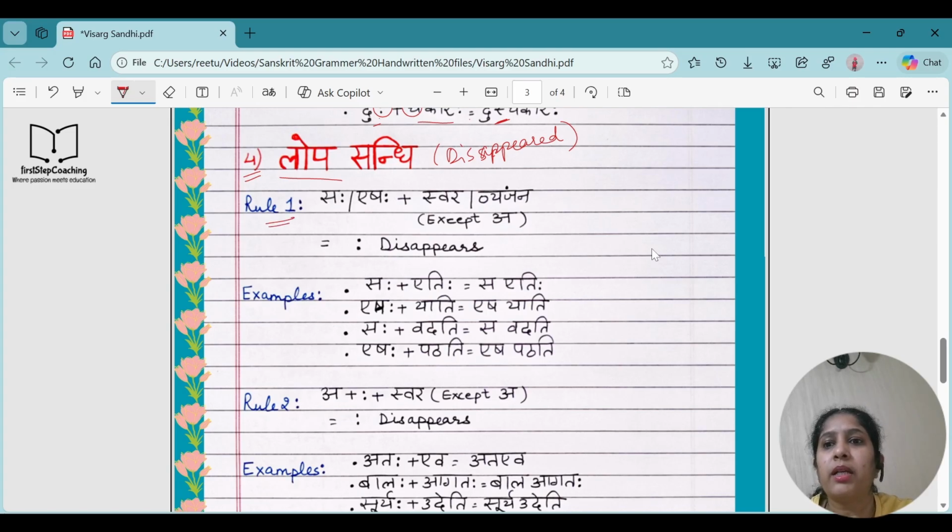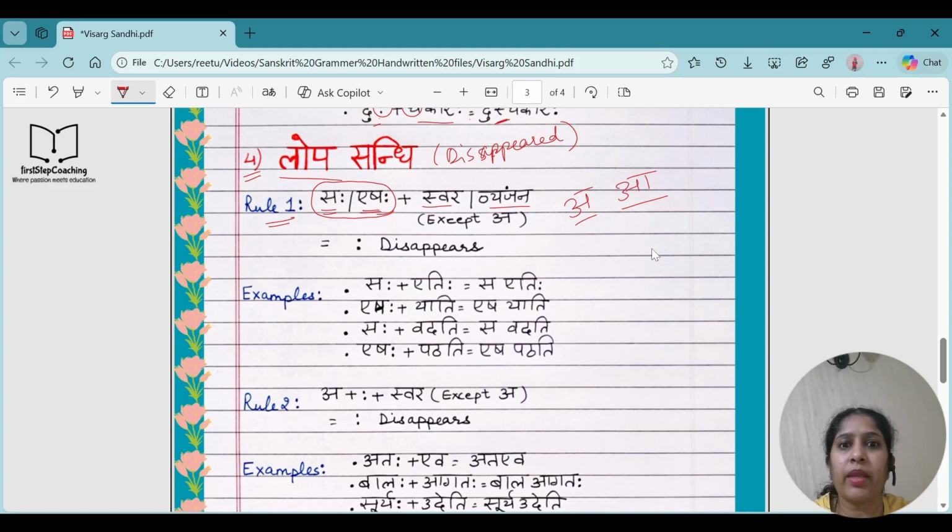So, the first rule is saying that saha and eshaha means the first word should be either saha or eshaha. Nothing else we are talking about, just the saha and eshaha. After that, there can be any swar or any vyanjan except a. So sometimes what happens in some parts of our country, because we know there is a variation in the slang and in the pronunciation of the language. So sometimes we write a and a. So in some places we call it as it is a and a, but in some places they call it